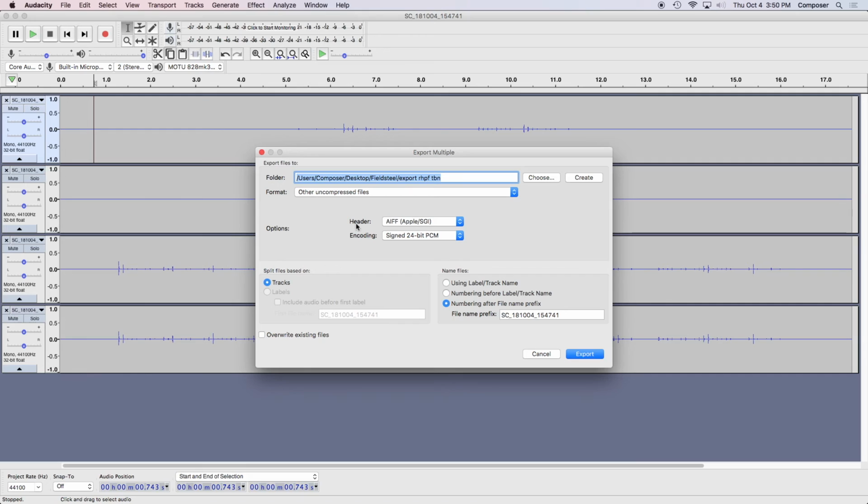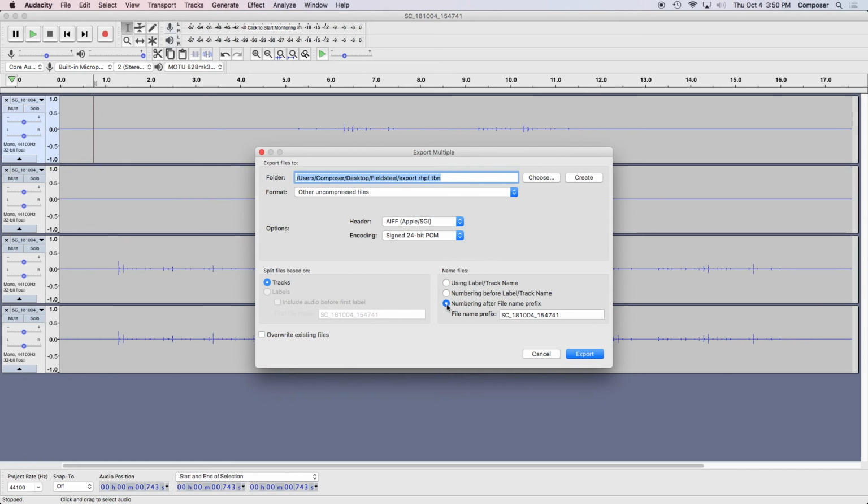SuperCollider outputs 32-bit files. I'm not going to zoom in because High Sierra doesn't track that on the QuickTime recording, but trust me, right over here on all these files, it says 32-bit float. Logic won't read, Logic is the DAW I'm going to teach with in this class. It doesn't read 32-bit float, so I'm going to export these as AIFF 24-bit PCM. And